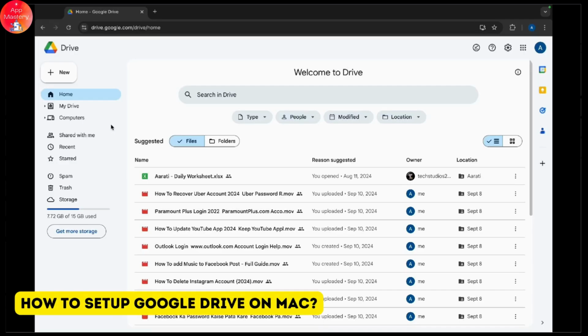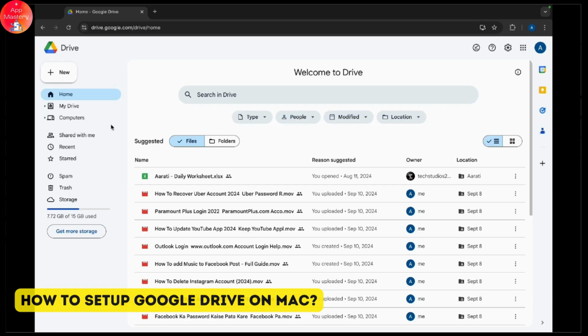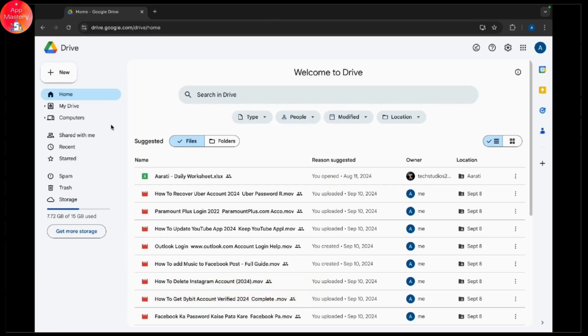How to set up Google Drive on Mac. So let's get started. First things first, go to any web browser and go to drive.google.com. Now once you are inside the Drive, all you have to do is tap on the settings icon available in